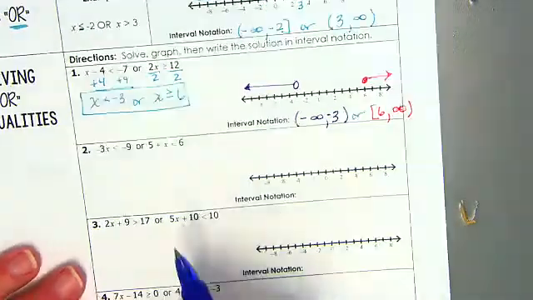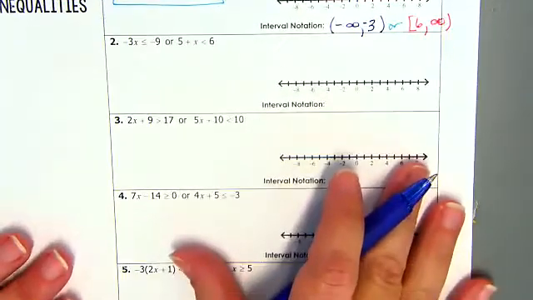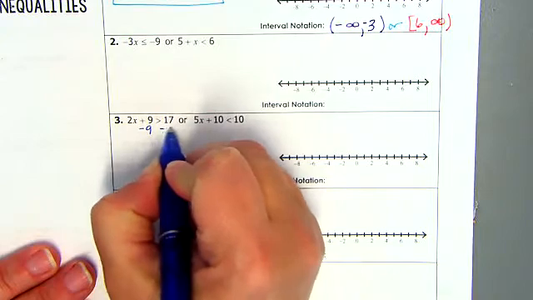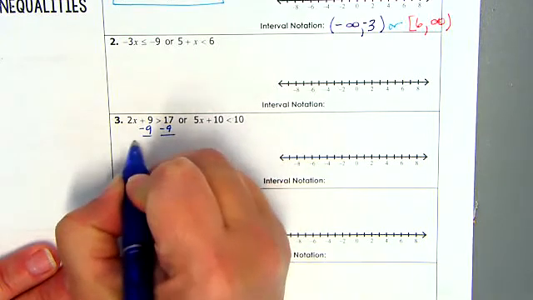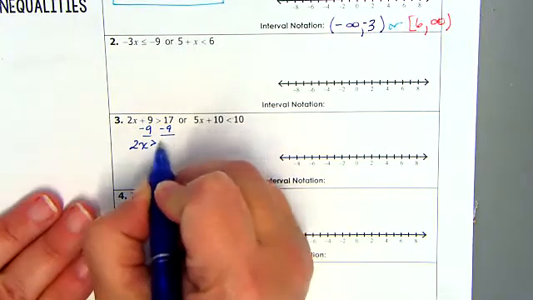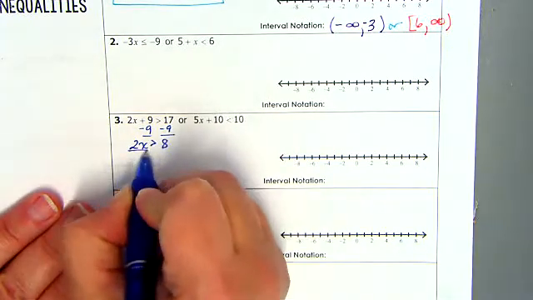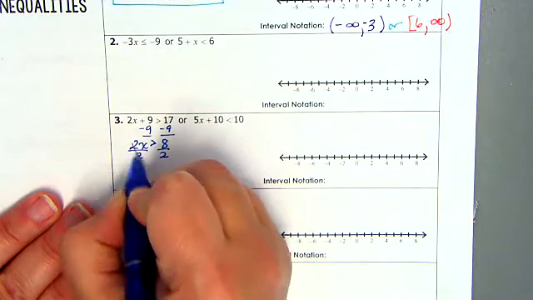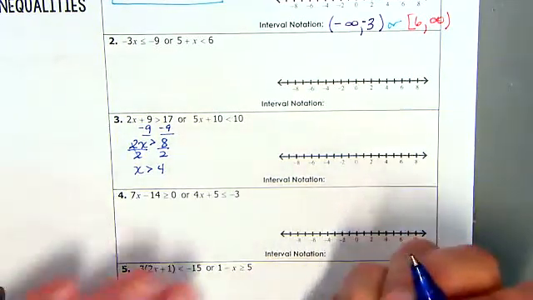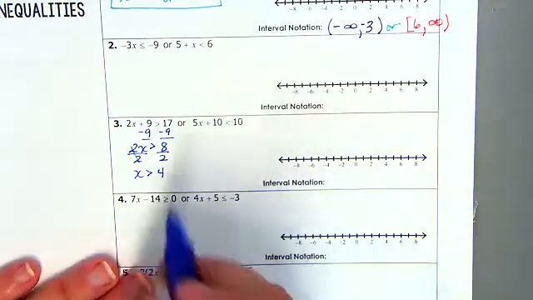Okay, looking at our next example. Jumping down to number 3. We're solving two-step inequalities here. So we have subtract 9, subtract 9. So we have 2x is greater than 8. Divide by 2, divide by 2. x is greater than 4. Okay. Now I'm going to